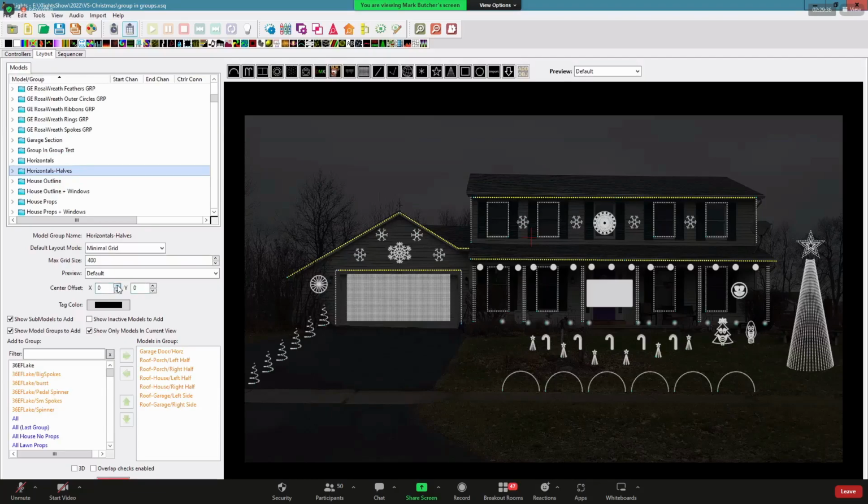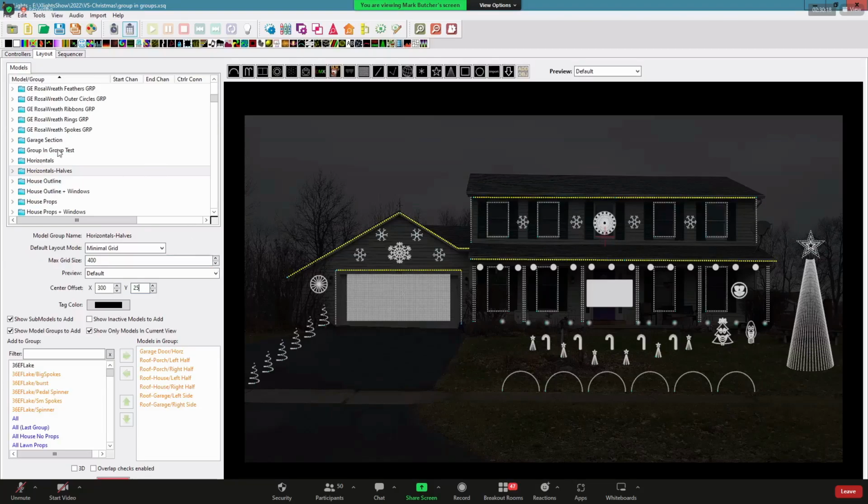Here's your center offset. I can either use the arrows, let's say 50 and 25. So now we can move it to where we think it should be, or how we think it's going to best represent our layout. Actually, these are big numbers. There. So now let's just say that's what I wanted to do. I don't want to save this too much, I'm going to mess up my whole layout and have to go to my backup drive. But that's what that is.